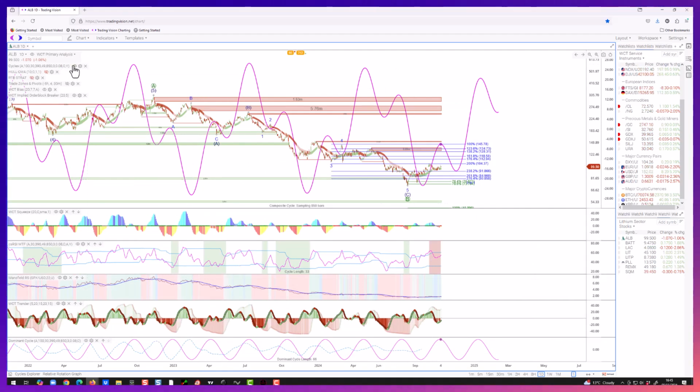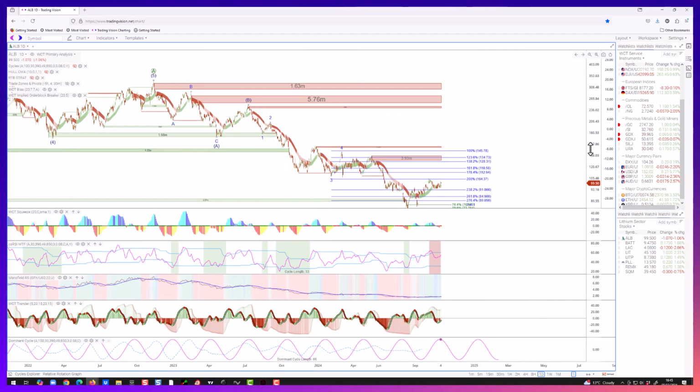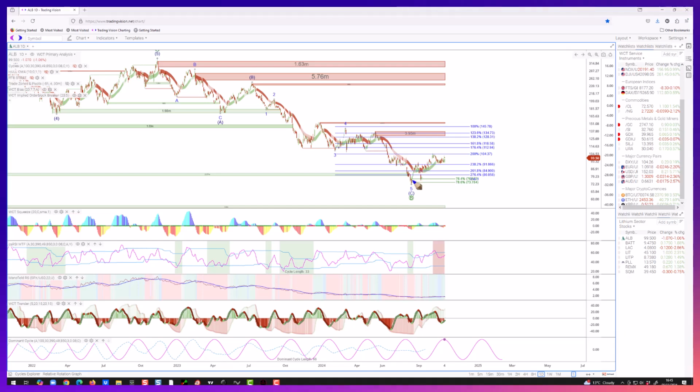And ALB, if you remember, we were looking for it to come down and bottom into its 764, 786 retrace fib, and it did just that. It then gave us the diverged CRSI buy signal and the squeeze coming out of it. So if you bought that anywhere near the bottom at around $77, $78, you're up around 30% on that already. And I think we're in for a pullback here.